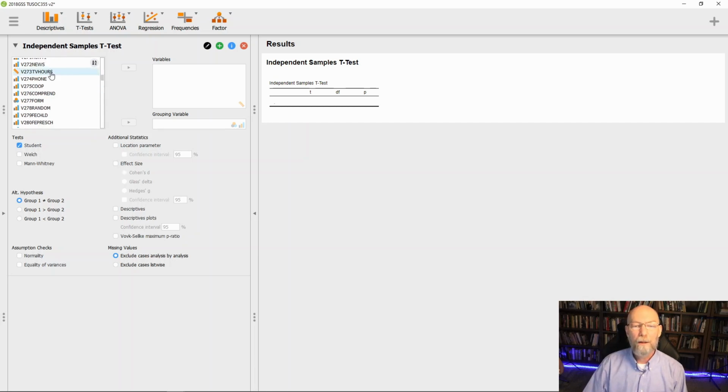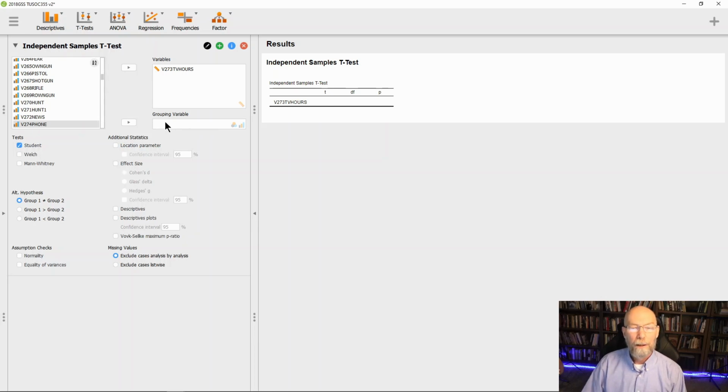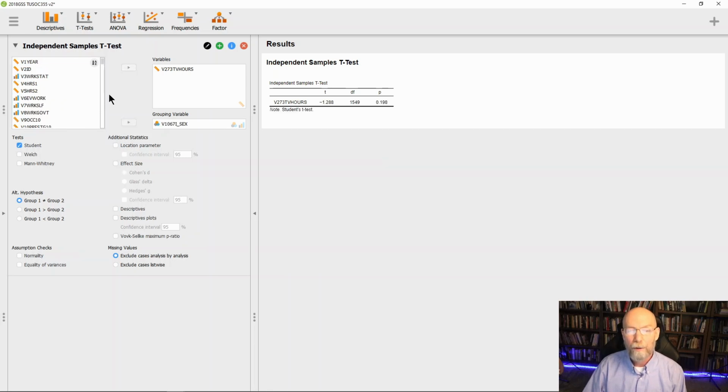All right, we're going to put the TV hours measure over there in the variable list, and then you notice we have a grouping variable, and because we're doing a t-test, we're going to have to use something that only has a 2-category predictor, and so I'm going to come down here to sex and put it in as the grouping variable, and it gives me immediately the t-value, which is a particular tool that sees how far apart the means are, and there's more to the formula, but it basically says how far apart are mean 1 and mean 2 from group 1 and group 2,